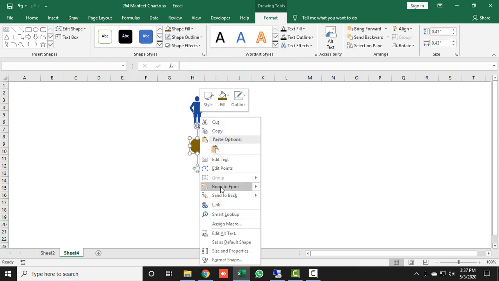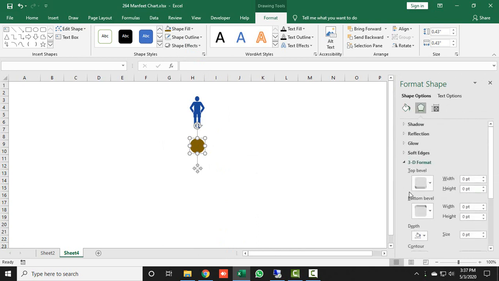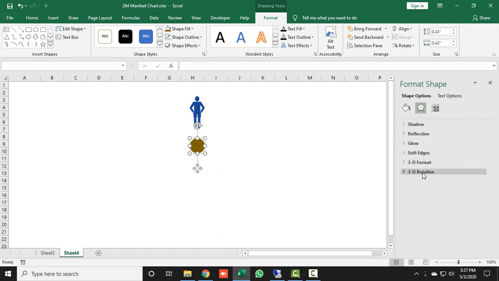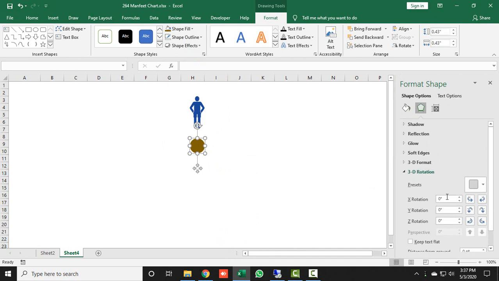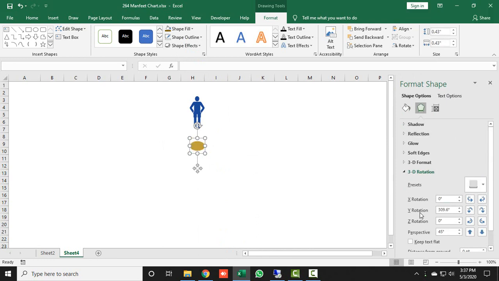Then right click on it, go to Format Shape, and here go to Effects, and in Effects I will expand 3D Rotation. We'll go to Presets, and under Perspective we'll select Perspective Relaxed. Then we'll change the Y rotation from 309 to 300.